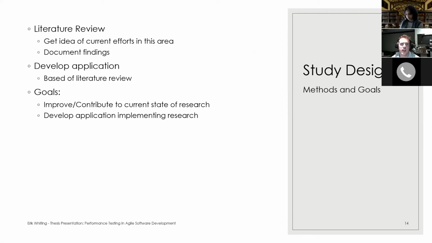So the literature review is basically a reproducible analysis of the peer-reviewed research that's out there already. And what we do is we define the thing that we wanted to learn about, in this case performance testing in Agile, and then we read all of the articles that come out from searching the different databases, and we decide if they're relevant, and we start analyzing the data that we find in there. And the goal was first to contribute to the current research, and then also to use the information we find to develop an application that would help with these problems.